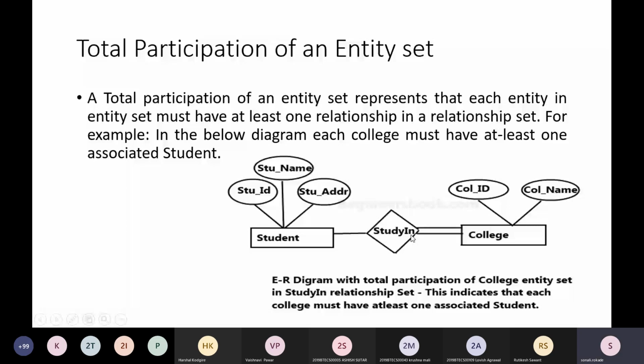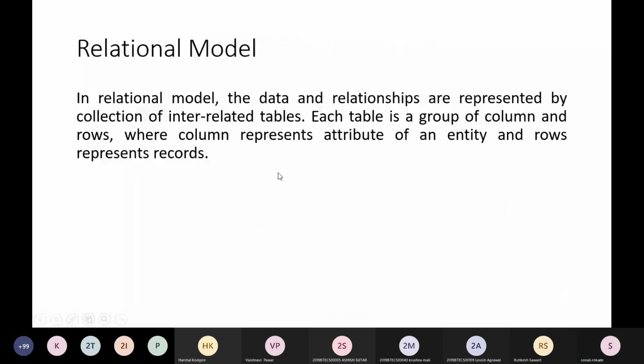Now, the relational model. What is the relational model? Can anyone have an idea about the relational model? As we have seen the entity relationship model, there is also a relational data model. In this, the data and relationships are represented by a collection of interrelated tables.